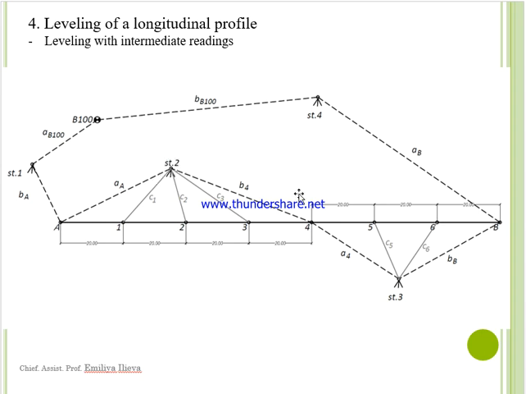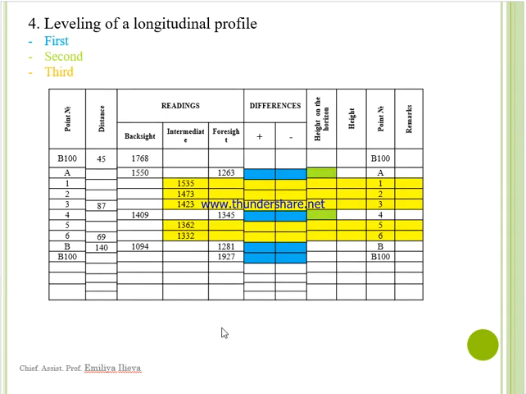After that we have moved the instrument to station 3, so here we need to calculate the height of the instrument using the height of point 4 plus the backside reading to point 4, and then the heights of points 5 and 6, which we have measured with intermediate readings, we are going to calculate with the height of the instrument at station 3. Okay, and here is